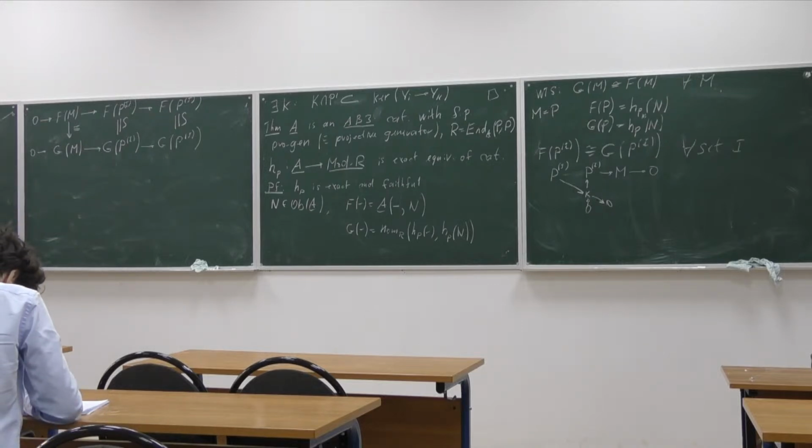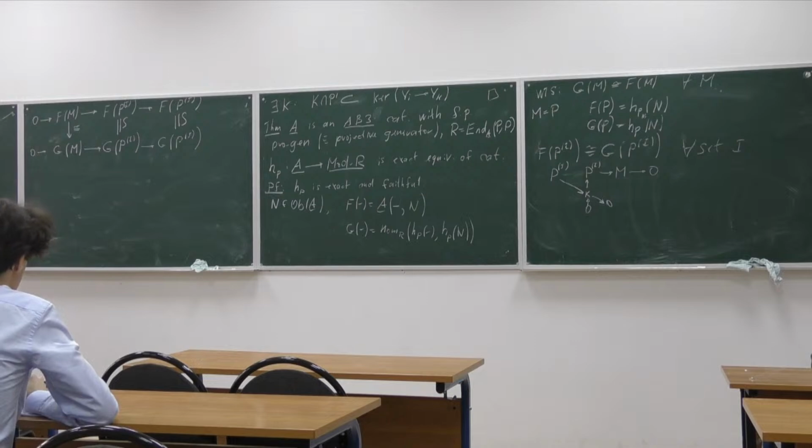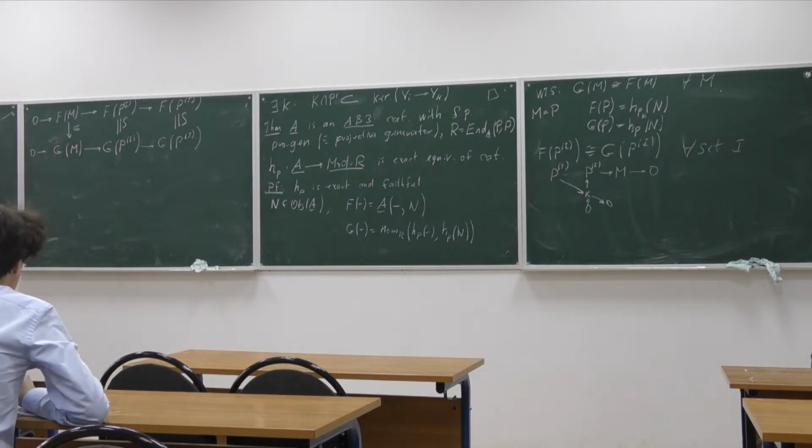Now, let's just pause for a second. If I know that this map is an isomorphism, if I just look at the definitions of the two functors f and g, I can say that the functor h sub p is full. I know that it's faithful, and it's also full. So you only need to show that actually this thing is an isomorphism, but that's a very elementary observation. Notice that here all the things are actually abelian groups, and this is just an isomorphism for abelian groups.